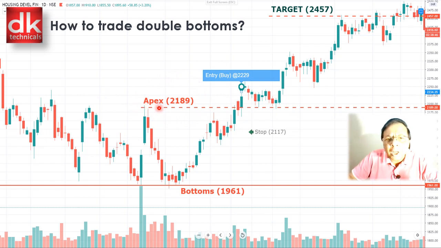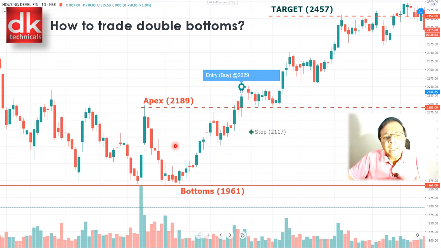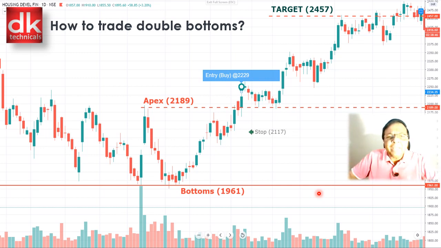So I can always draw a horizontal line on my price chart when I see a double bottom kind of formation and a reversal. You can see the price consolidated for a few days, and then a candlestick pattern called one white soldier has been formed here, and the price has gone up. Here the price has clearly given a breakout of this apex line. A breakout is well defined when a candle closes above the highest point between these two bottoms, which is called the apex.